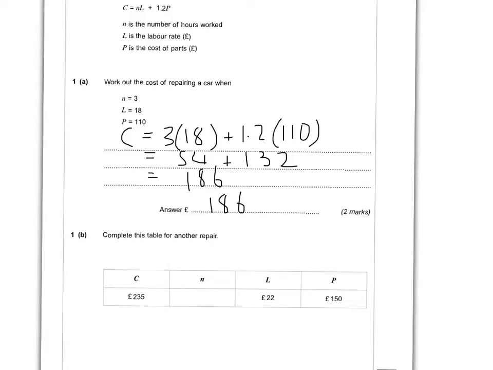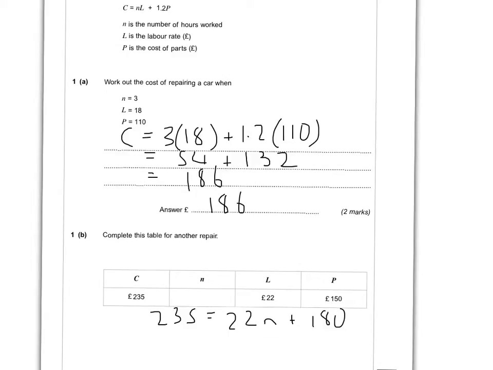So I'm going to get the cost 235 equals n times L. I'll just write this the other way around. I'll write it as L times n because I like to write numbers before letters when I'm writing algebra, plus 1.2 times P. That'll be 1.2 times 150, which will be 180. Yep. And now I need to solve this equation, so I'm going to try and get n by itself